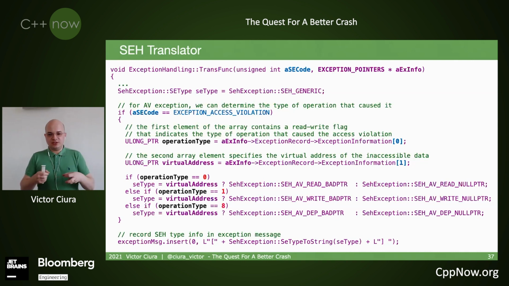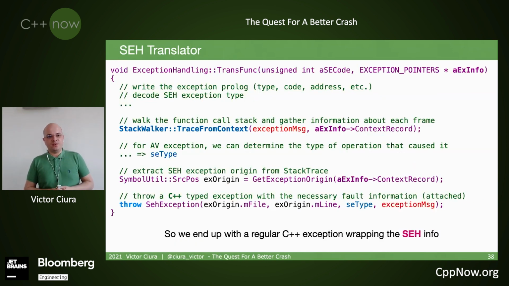And using these two, you can immediately see, for example, if you have a 0 address, then you have a null pointer involved. And if the operation type is read, it's a read null pointer, or a write null pointer, or you can get the picture here from all the combinations that you can get. So you can immediately try to decode what exactly happened, and it gives you a better picture of how to react and how to explore the code once you also get the location information. And I'm going to show that too.